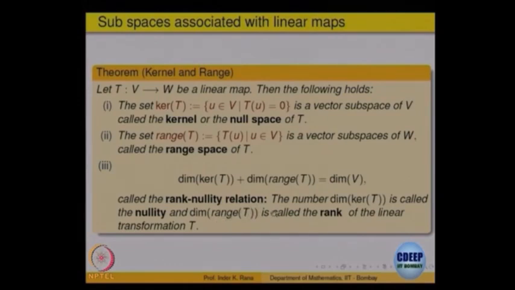So, it is the same theorem for linear transformations: the dimension of the kernel is the nullity, the dimension of the range is called the rank. So, rank plus nullity is equal to the dimension of the domain space N. Right. So, let us prove this theorem. Proofs are quite simple, straightforward. I will write the proofs slowly so that it is easier to understand.